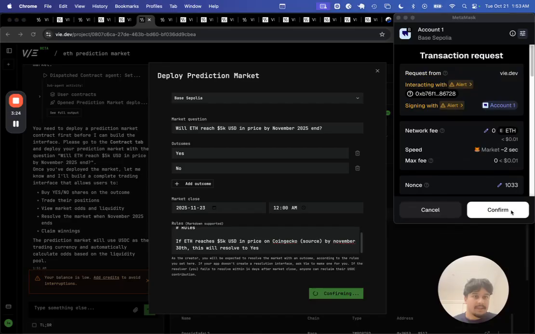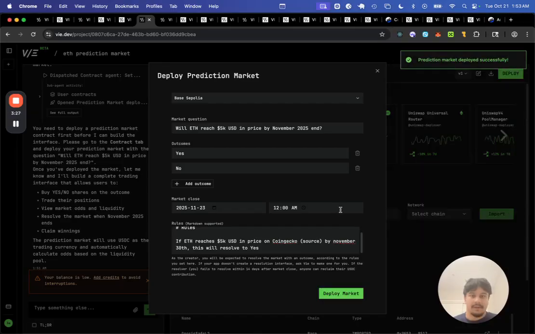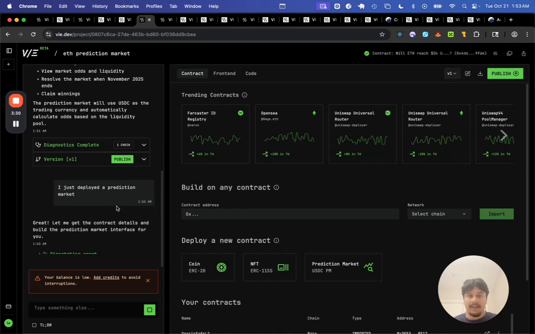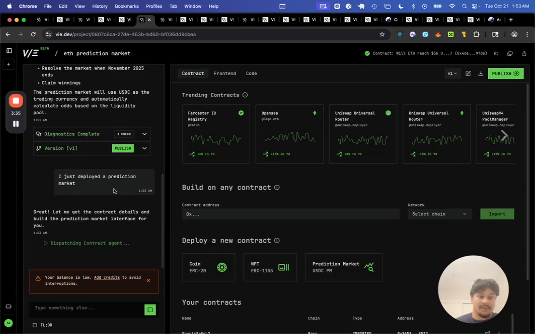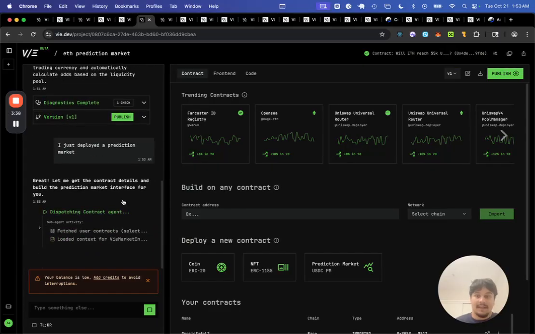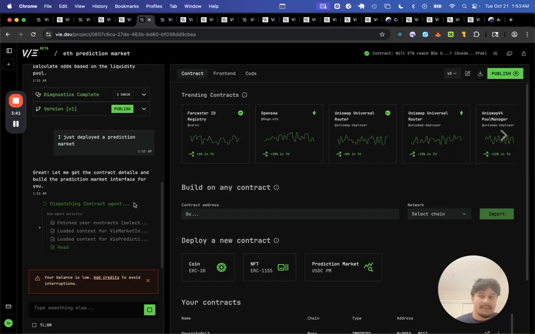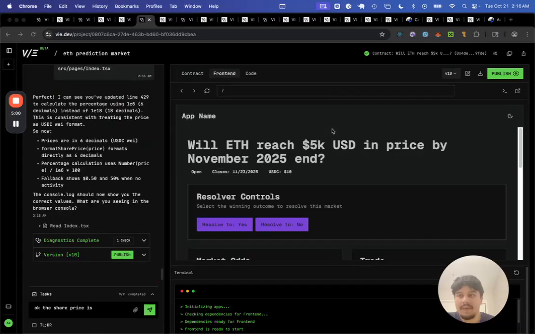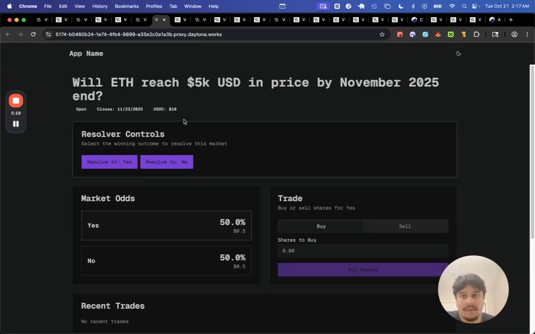Sepolia for me, and I can hit confirm here, and this will tell Vi, hey, I just deployed a prediction market, and we can come back 3 to 5 minutes later and see an incredible prediction market interface for this question. All right, so Vi's created this prediction market interface for me, and in one shot, it got 95% of the way there. And with some prodding to fix a small display issue for share prices, we have a great interface